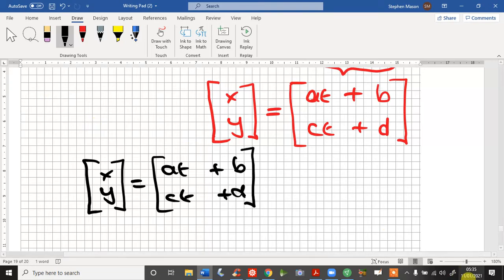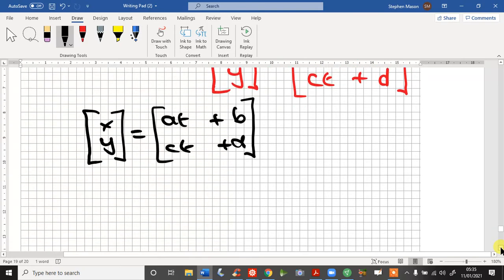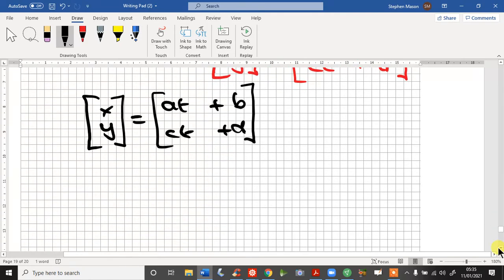Now, what we want to do is differentiate that, because we need to find the derivative of the left-hand side and the right-hand side, because once we've found x dot and y dot,